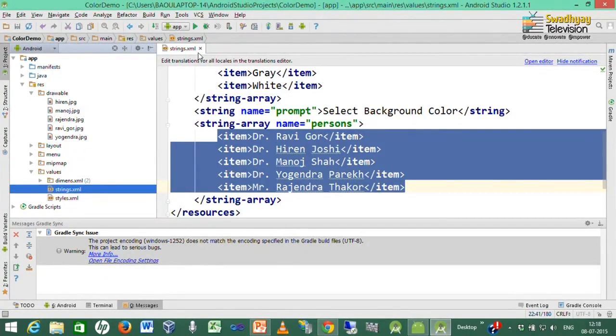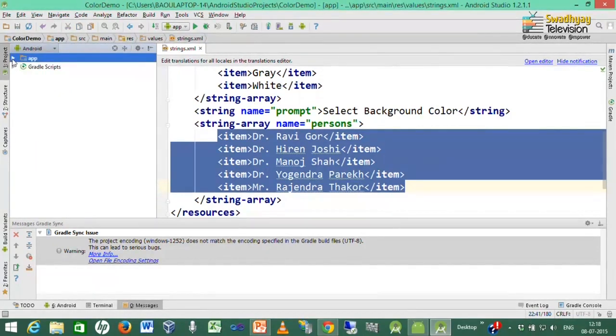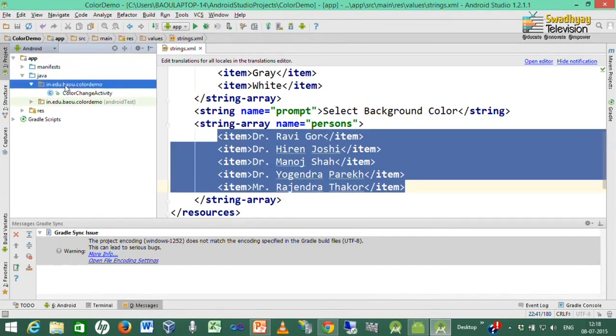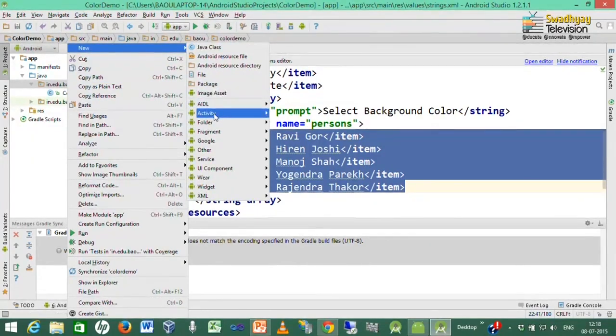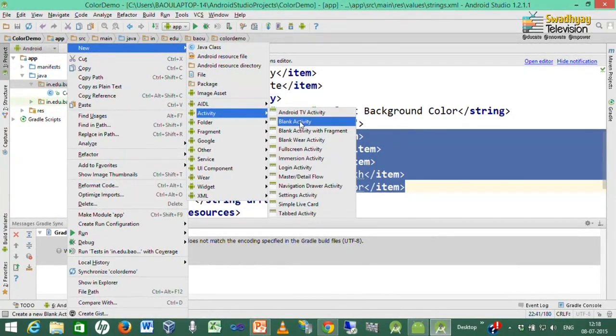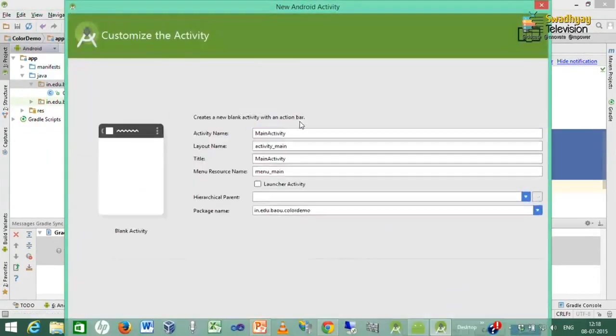So, now we are ready to add a new activity inside this application. Inside the package you have to right click and define a new activity, which is a blank activity. So, our activity is person image activity, and then we press finish.